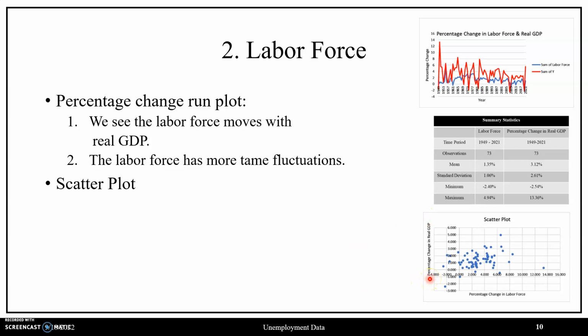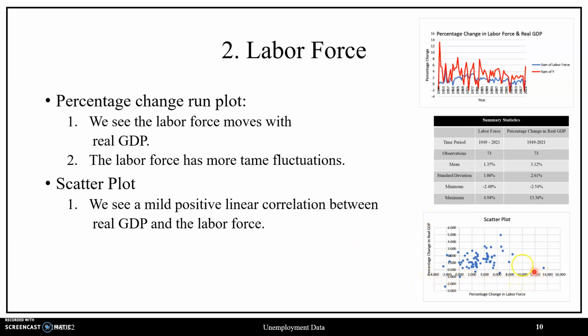We see that as the percentage change in the labor force increases, it seems to be that the percentage change in real GDP is responding with increases as well, and that there's a clear upward trend in terms of our cluster of points, but these cluster of points are also widely bound. So although there is a positive linear correlation between these two variables, it seems to be mild. So with this information, we conclude that the variable is pro-cyclical, and an explanation as to why it is only mild: